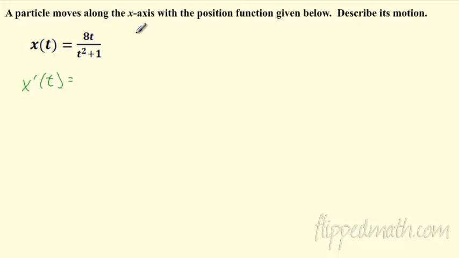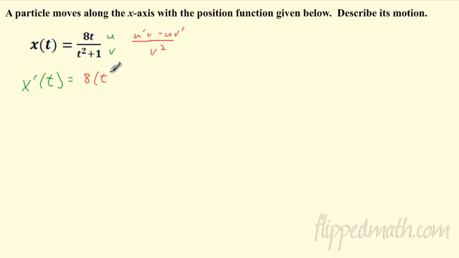Oh, dang it, I gave us a little quotient rule. What do you mean, dang it? I love it. I love quotient rule all day. So what do we have to do here? We do a little u prime v minus u v prime all over v squared. So if we plug this in here, u prime is just going to be 8,